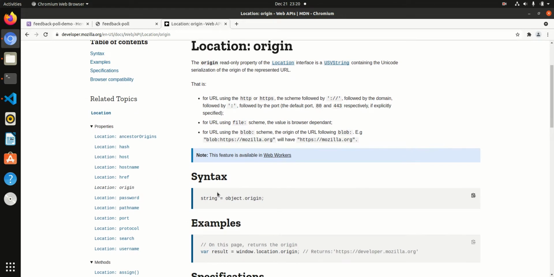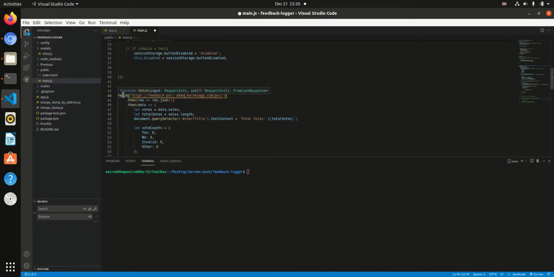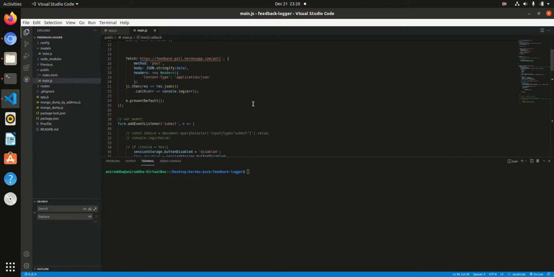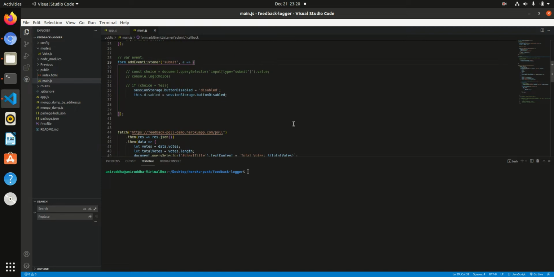You can put this here in place of the part before poll. Instead of that, what I've done is I've just put the endpoint directly. Even this will work. That's demo. Save this.